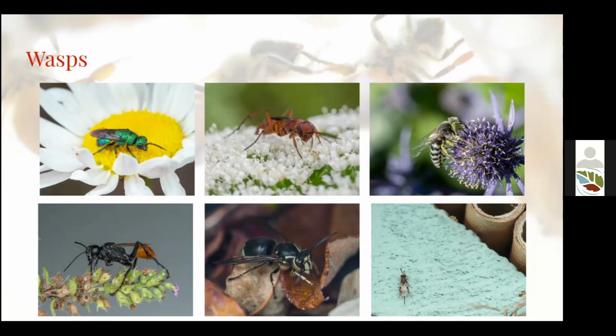And there are many, many different types of wasps. There are wasp species in every habitat niche, taking advantage of different resources. There are more animals in the wasp group than any other group of animals in the world. And so there are more species of wasp than any other group. And they have very diverse morphological characteristics. They look a lot different, and they have very diverse behaviors and habitat niches that they occupy.